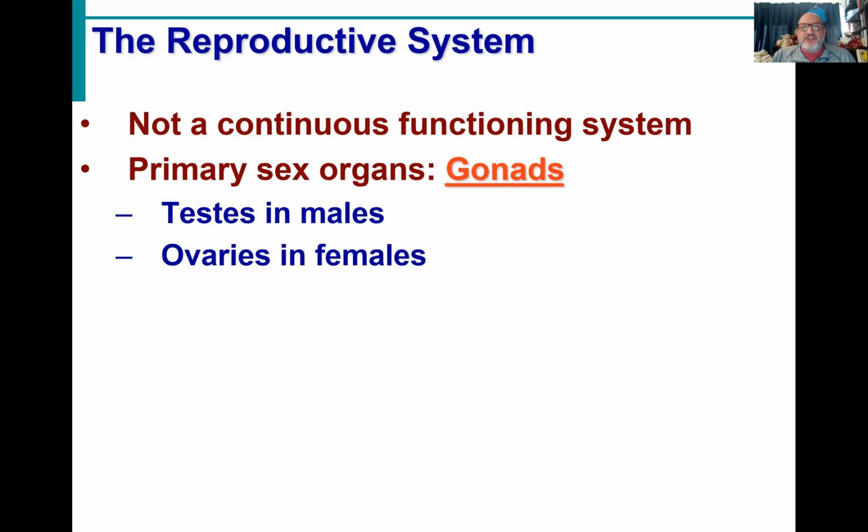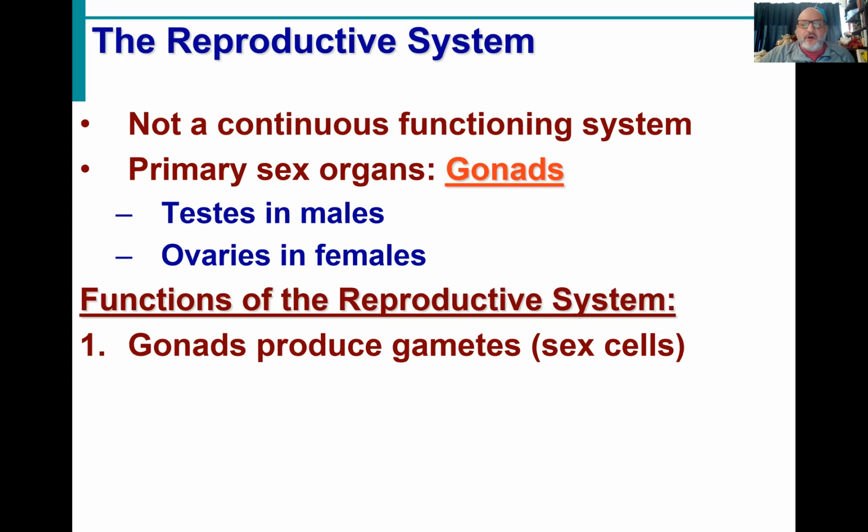And what is the primary function of the reproductive system? Production of sperm and eggs. Yeah, there you go. Okay, excellent. Our job is to make our gametes, again, a generic term, and the specific examples of those would be the ova and the spermatozoa. Absolutely. And what do we use those puzzle pieces to do? You put those two puzzle pieces together, and what do you get as a result? Yeah, other people. Exactly. You get other people as a result of it. Absolutely. So exactly. The function of our reproductive system and of those gonads is to produce the gametes, the sex